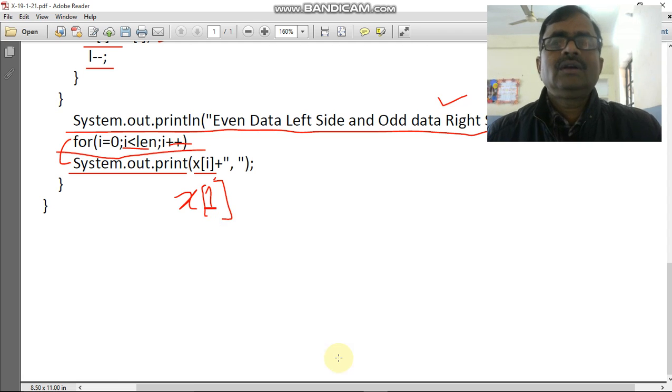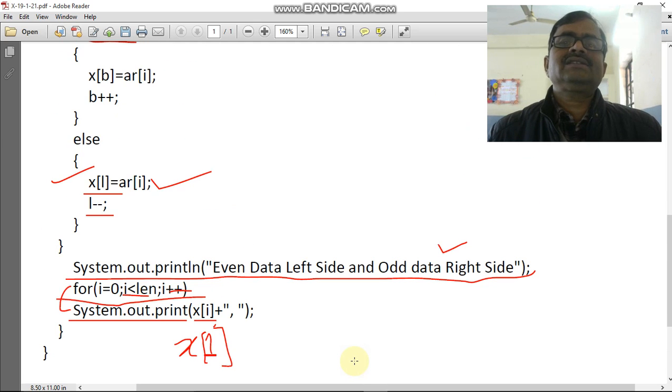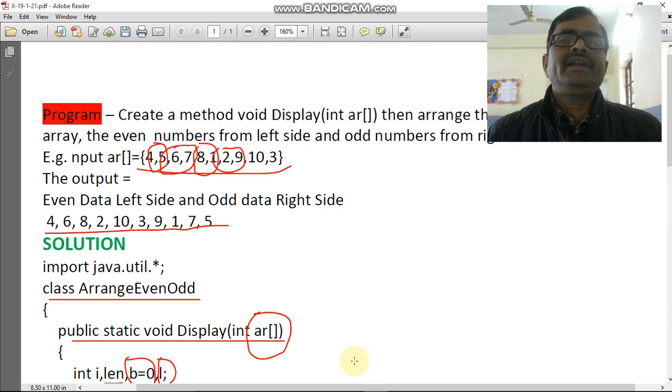Okay, so dear students, it needs more practice, because this is a program which contains an array, and all of you know arrays take time to understand. So it will be better if you solve this program with the help of your pen and copy, write it 2-3 times, and memorize it for the exam.